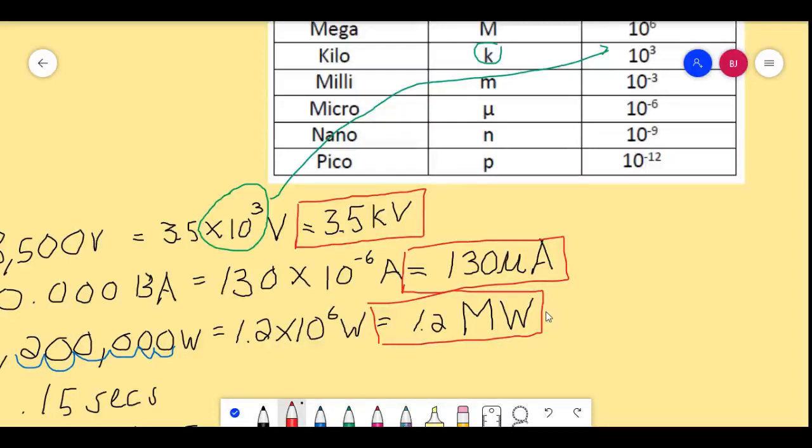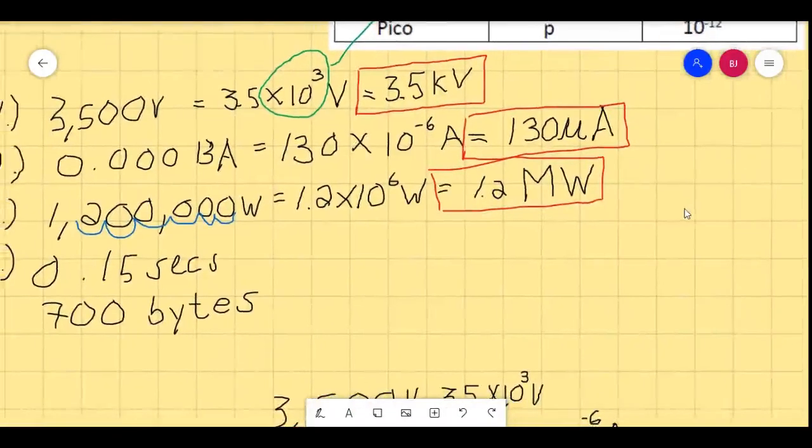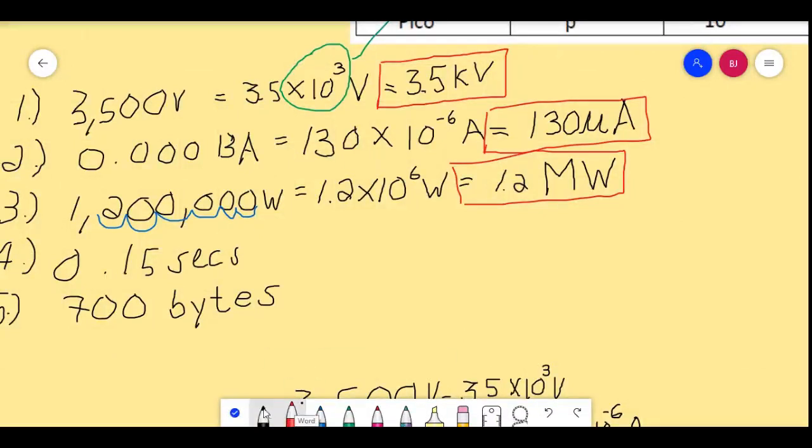So let's move on to our fourth example. Let's have a look at 0.15 seconds. We will now convert this into engineering notation. Right now this has no whole number digits. 0 is not counted if it's the only one there. So we need to move this 3 steps to the right. So this would be 1, 2, and then 3. As always, we compensate the number 0 here